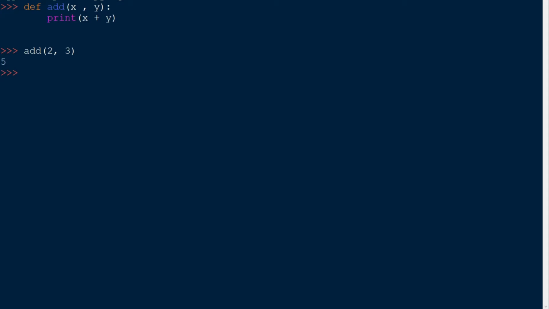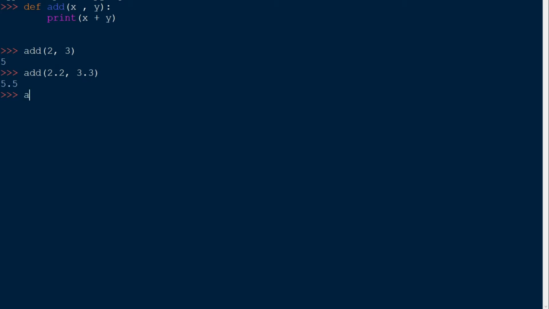Since this is Python and Python is all about dynamic typing, we can also add float values with this function. So let's give this function some float values: add 2.2 and 3.3. Press enter. See, we got 5.5.